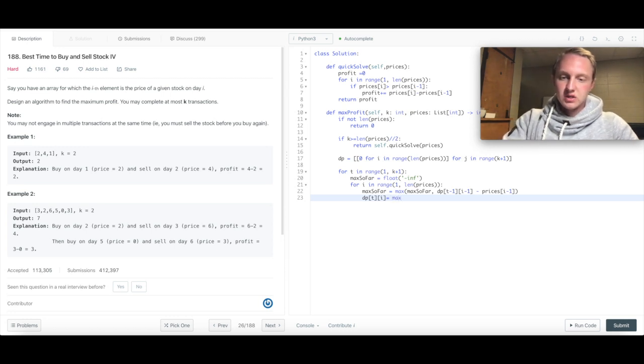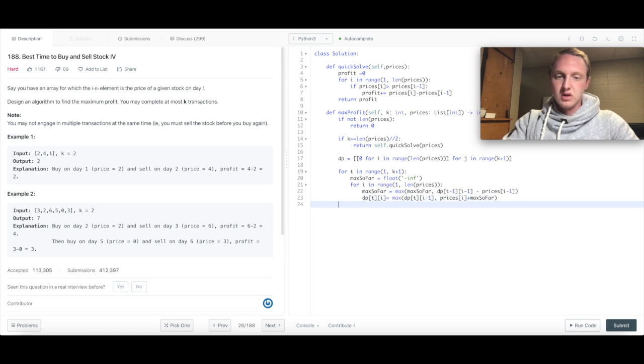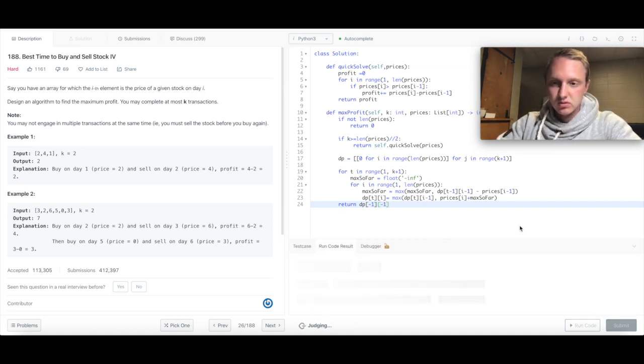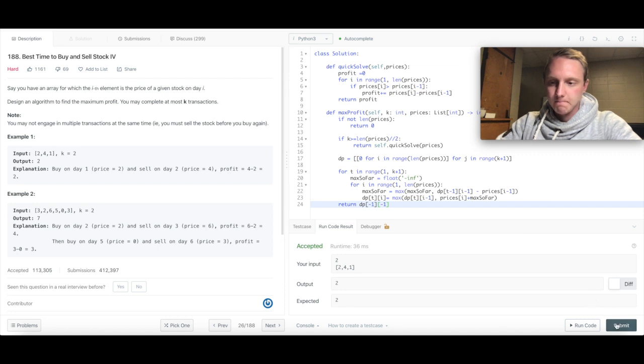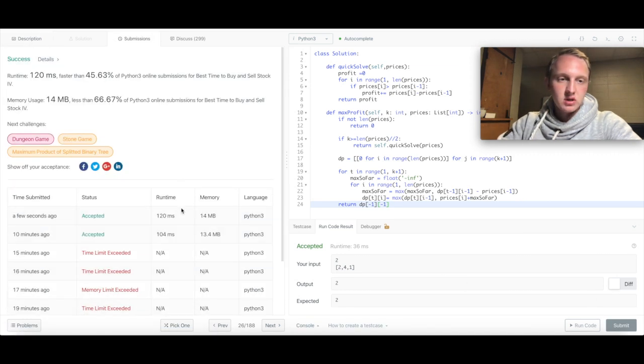We max dp same number of transaction less days, and prices[i] plus max so far. And here we just return dp[-1][-1]. Let's check if we coded everything right. Looks okay here. Okay, we're successful here, and